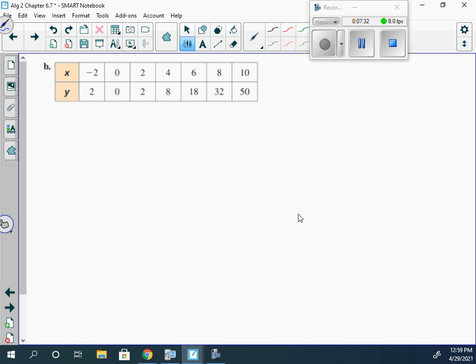So let's look at this one here. So we have 2, 0, 2, 8, 18, 32, 50. So do we think this one would be exponential? Because we can check our common ratio. So 0 over 2 is 0, and then the next one would be 2 over 0, and 2 divided by 0 is,